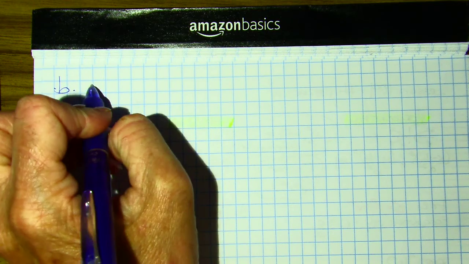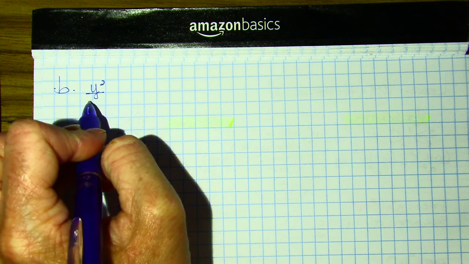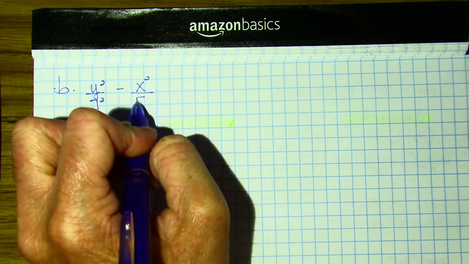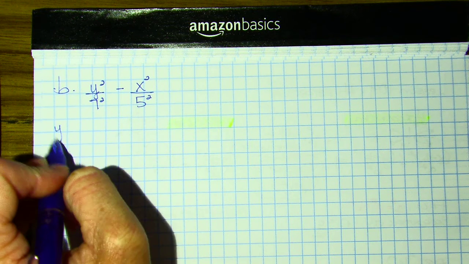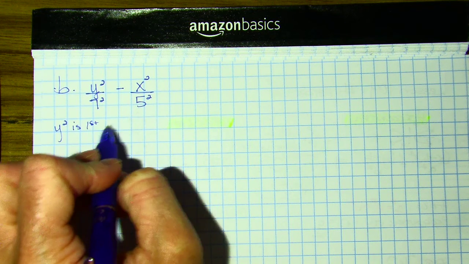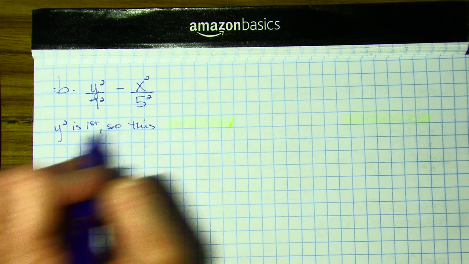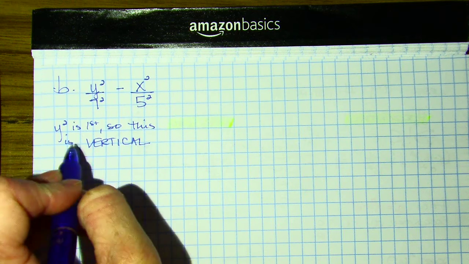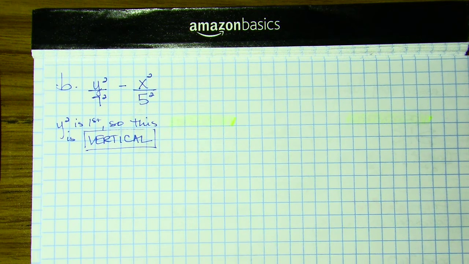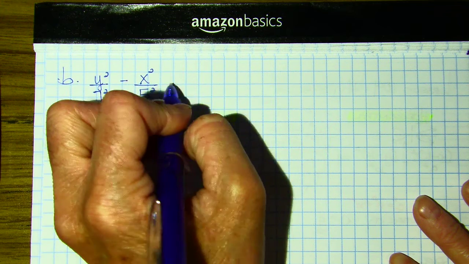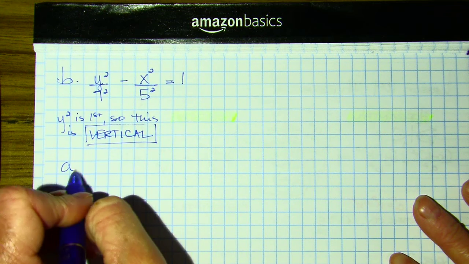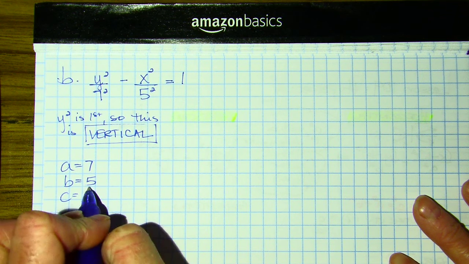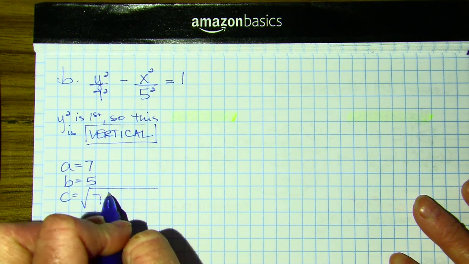So they'd like us to graph y squared over 7 squared minus x squared over 5 squared. So first things first, y squared is first. So this is vertical. So it will open up and down. This equals 1. A equals 7, B equals 5, C will equal the square root of 7 squared plus 5